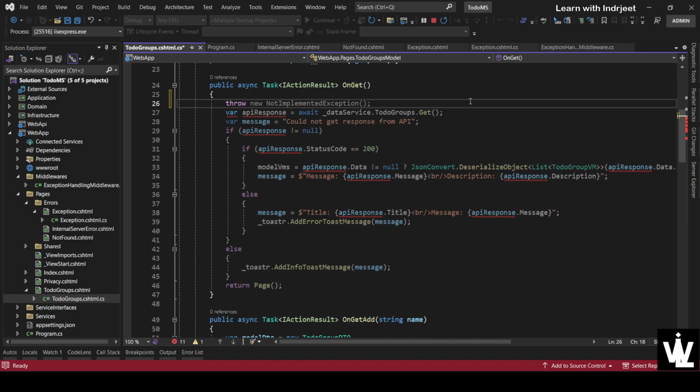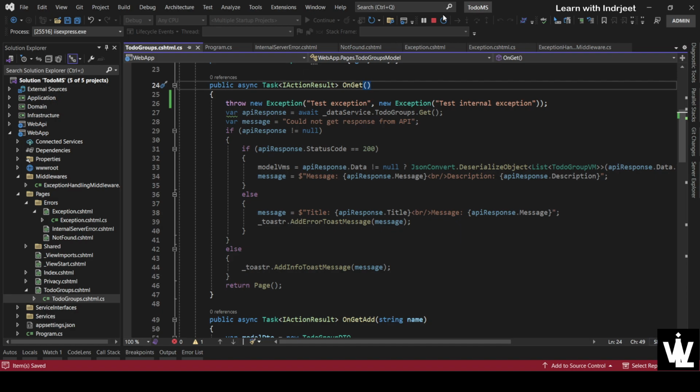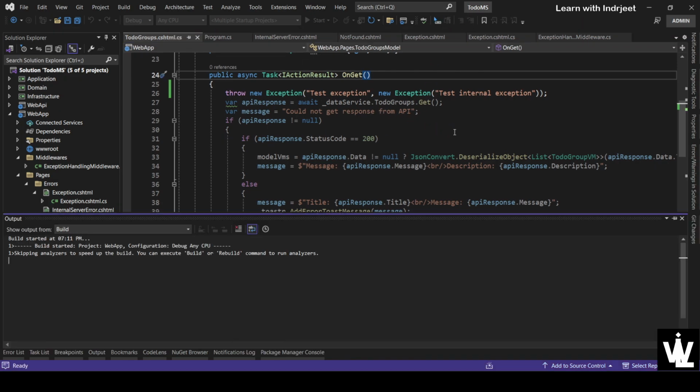So throw new exception, and the exception message would be test exception, and the internal server error would be test internal exception, like that. Okay, now let's restart the application, and this time